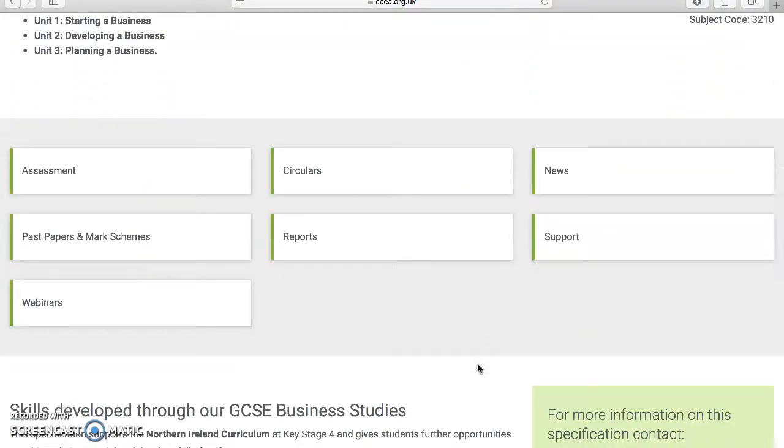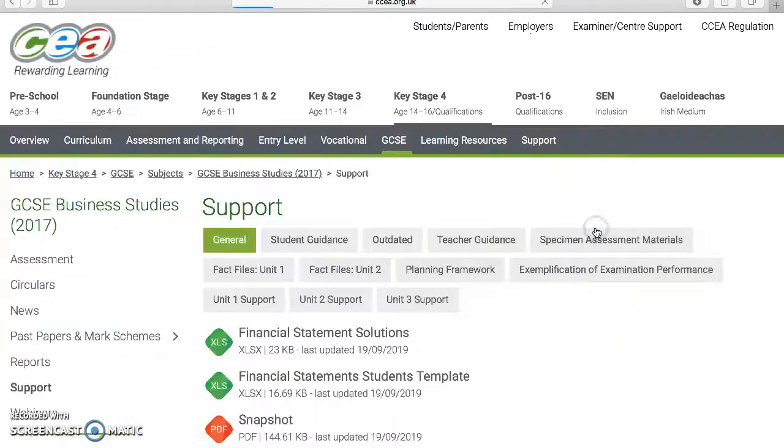It also gives us assessment, past papers, webinars, circulars, reports, news and support. And the two I would really be focusing on having a look at are our past papers and mark schemes, which we will explore further in class, and also the support, which is in here, which has all our fact files, legacy materials, and also useful